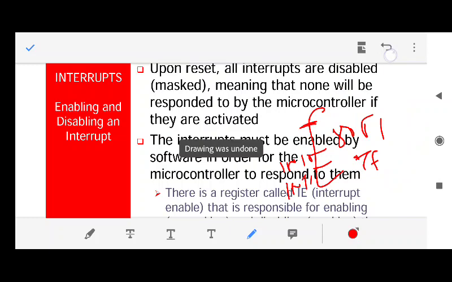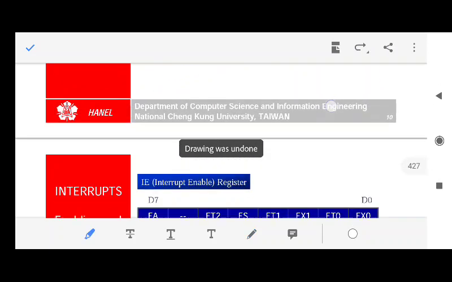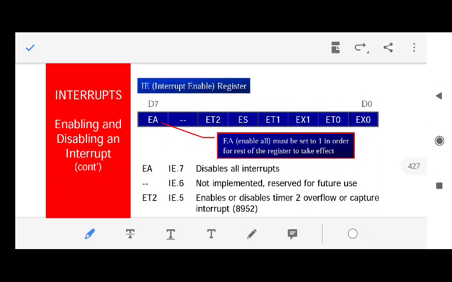Although internally the priority of all these 6 interrupts is already fixed, the programmer can change that priority. How? There is an interrupt enable register which will check whether your interrupts are enabled. We will decide the priority afterwards. First we will learn how to enable and disable the interrupt.